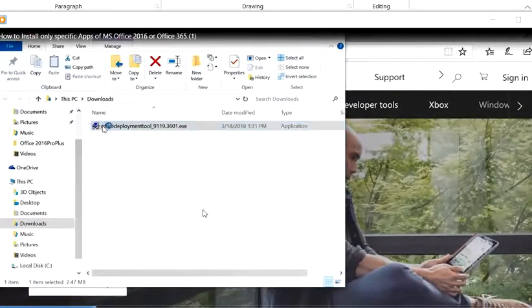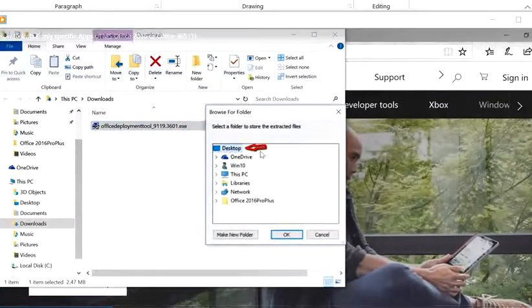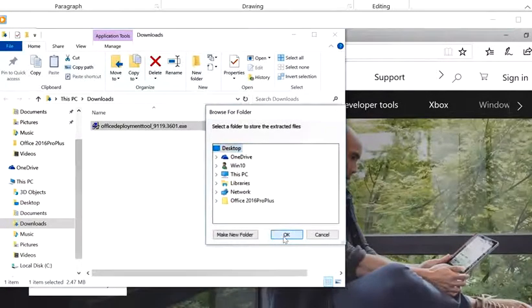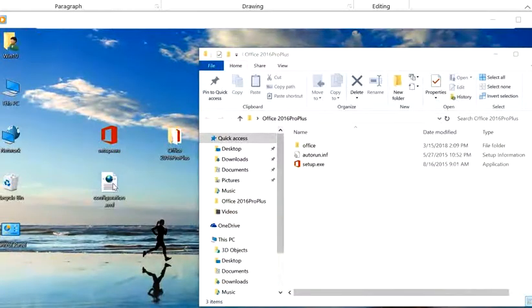Okay, so then you have to click on this to accept the Microsoft. You have to choose the location where you want to save this file, or where you want to download this file.